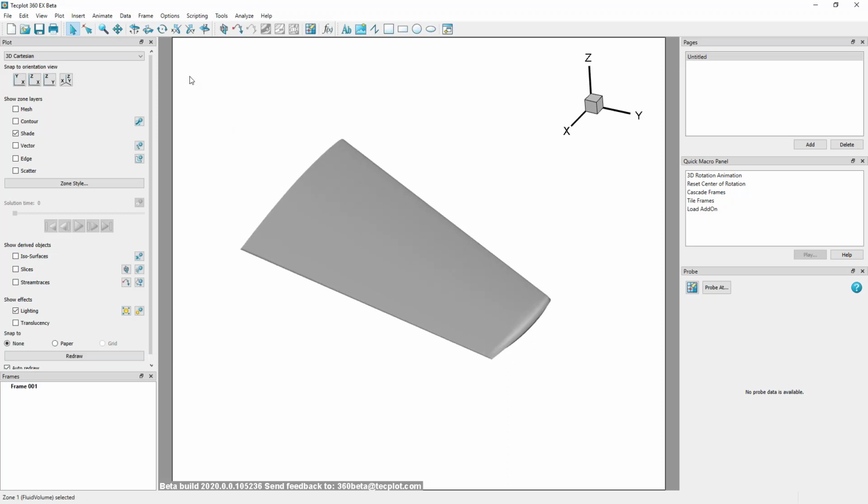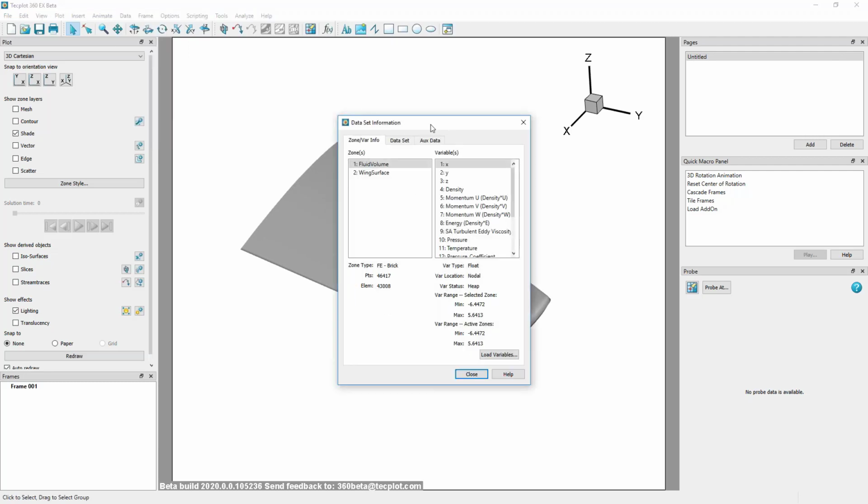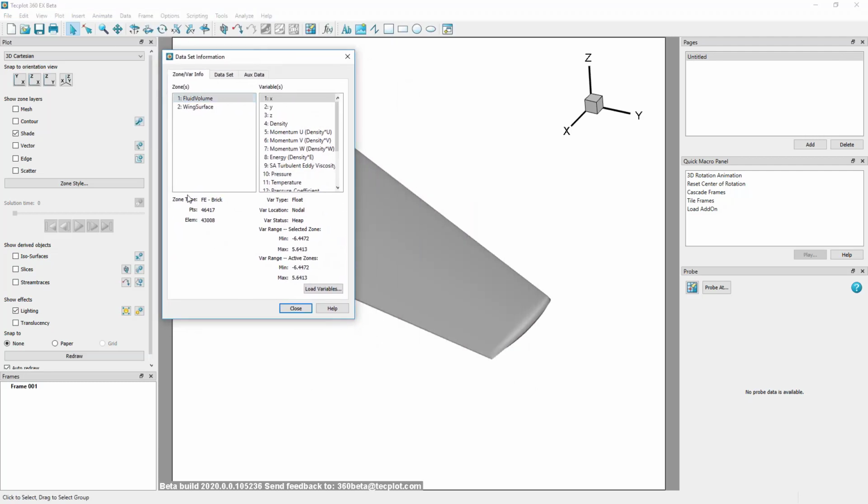All right, let's take a look at the data set that we've brought in. To do that, we'll go to Data, Dataset Info, and we have the Dataset Information dialog that shows our zones on the left and our variables on the right. So we have two zones. Zones are the regions or paragraphs of data that we've brought in with our data set. So we've got one fluid volume data set and one wing surface zone in our data set, which is what's visible right here. Both are unstructured finite element, and we can see the breakdown of the number of points and